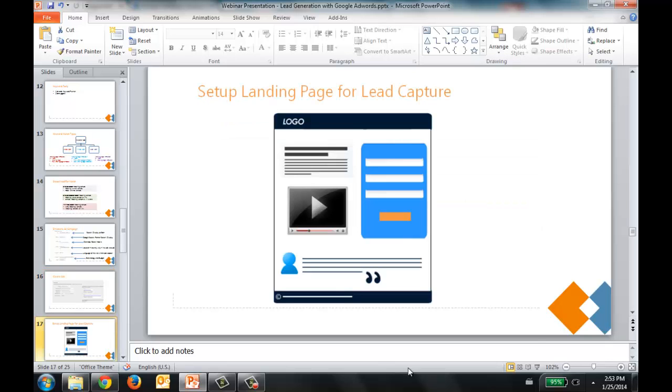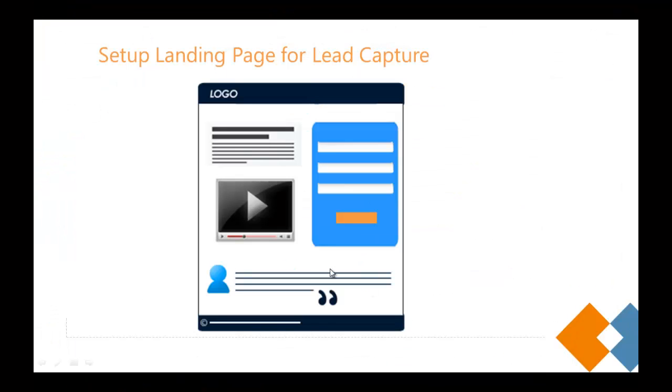Then your landing page. For the landing page, you can use any of the tools like LeadSquared. There are a couple of others, a lot of other tools as well. Or you can choose to bring the traffic to your website, which is not the recommended way